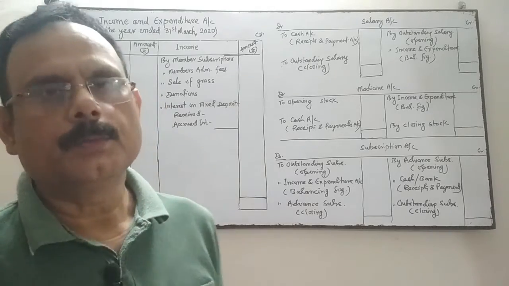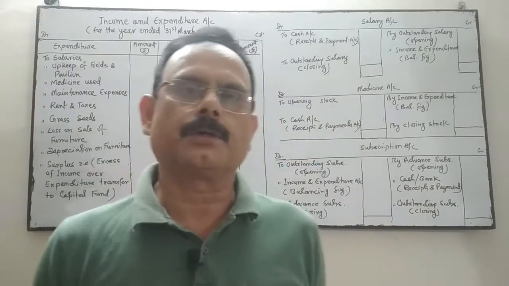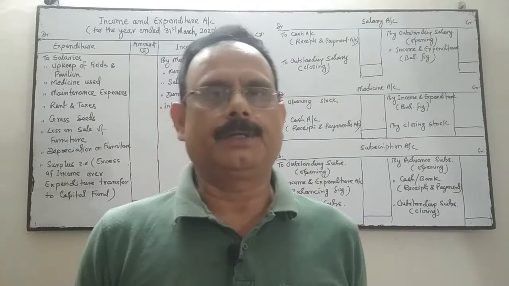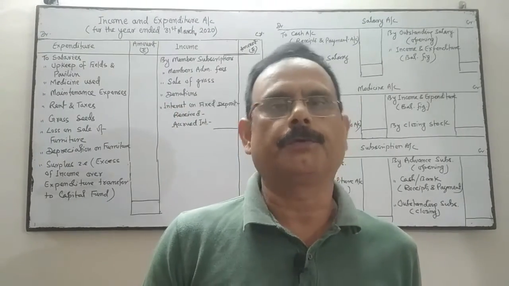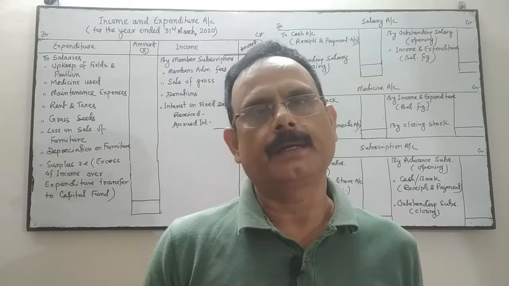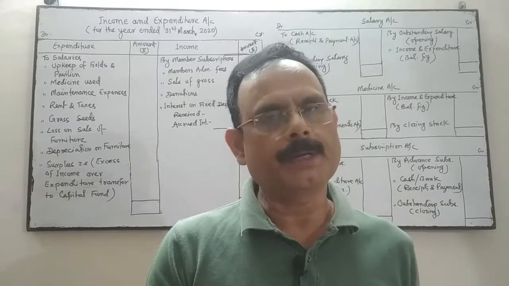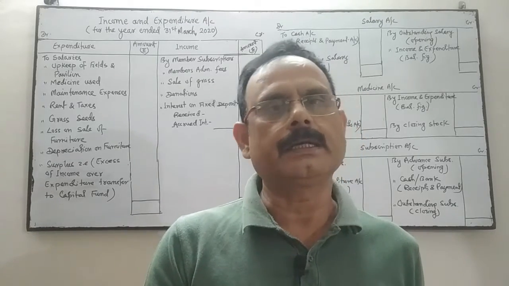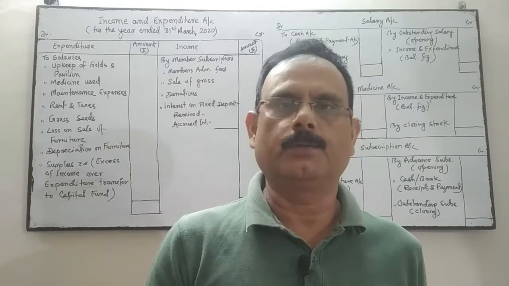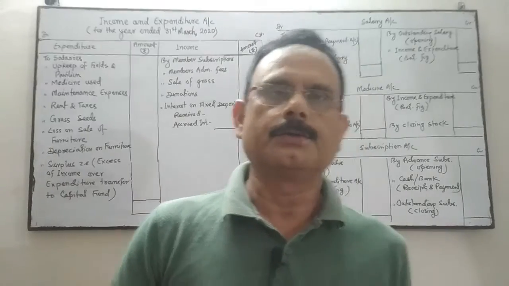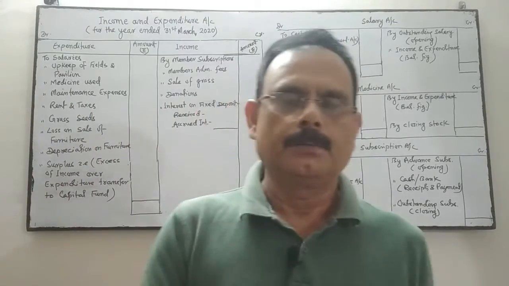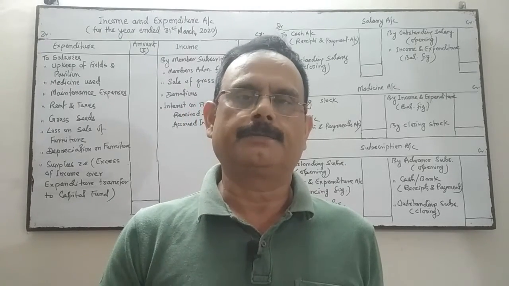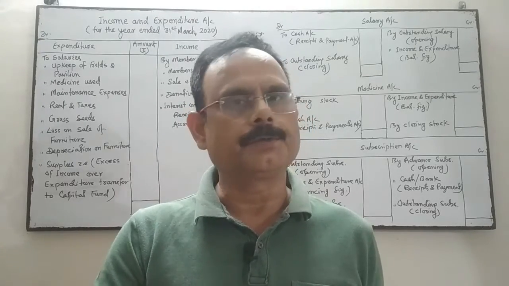Now see one more comprehensive problem based on receipt and payment account and additional information. From these two pieces of information, we are going to prepare the income and expenditure account, opening balance sheet and closing balance sheet, and some other supporting ledgers in working notes. So see the question, pause the video for the time being and note down the question, and thereafter I am going to discuss the question first.